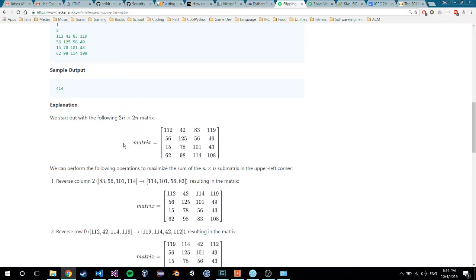If you have an array, call it A, that's A00, A0,2N, A2N,0, A2N,2N. Then the inner ones would be